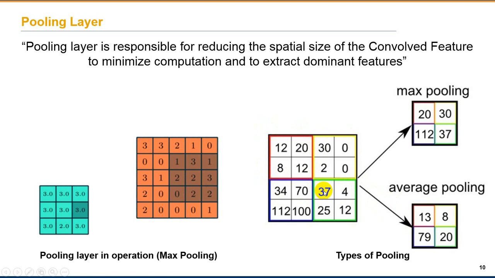So here we have max pooling with a 2 by 2 filter, and the stride is also 2 here, and in this case we have stride 1 and the pooling filter size is 3 by 3. So we can have many types of pooling, like in convolution, with multiple strides and multiple filter sizes, depending upon our application.